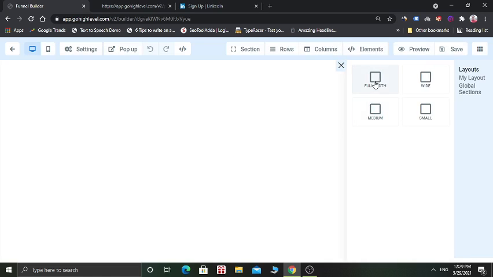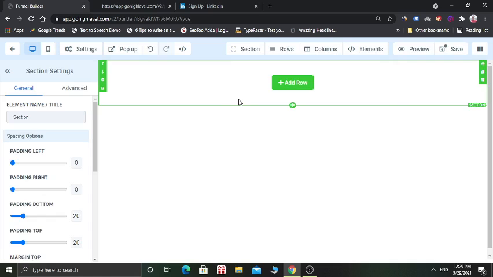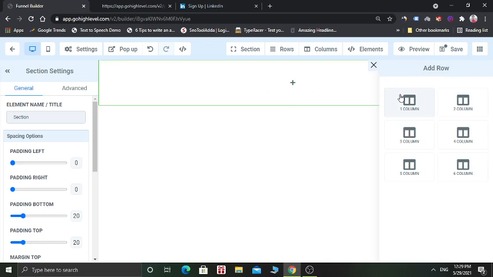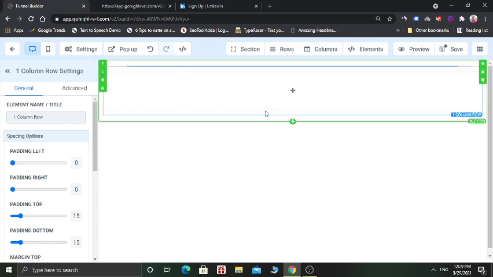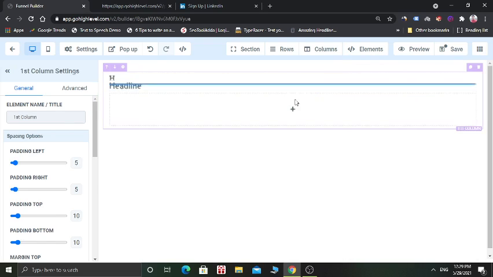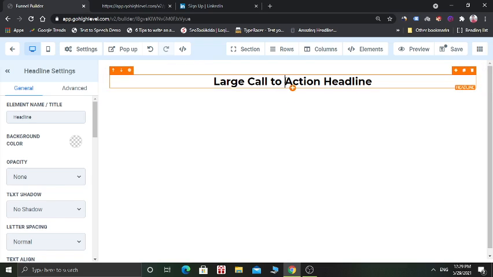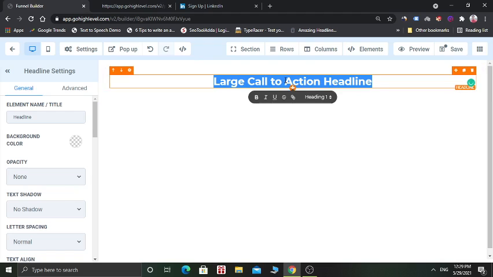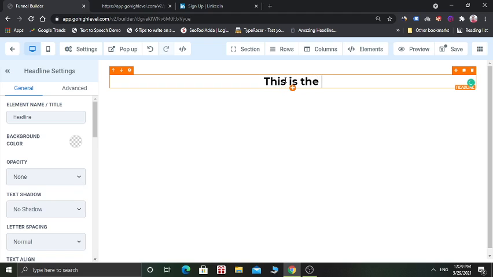And you can add fold with column, and after that you can also add the elements like headline, subheadline. Let's name this headline as this is the headline.